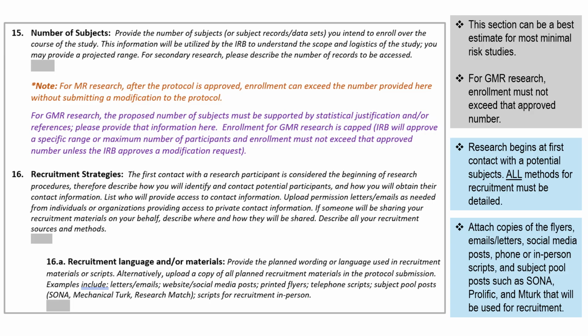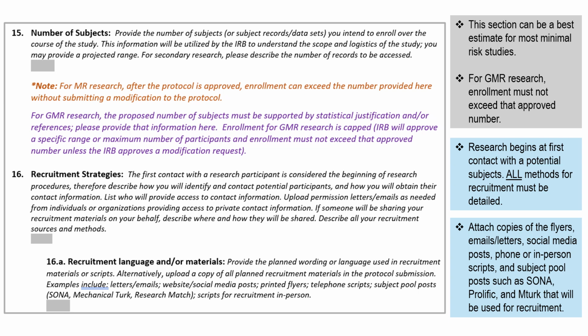The recruitment strategy should be described from first contact with a potential subject to the subject participating in the study procedures. This section should include all methods utilized to recruit subjects and how you will obtain their contact information if you are not planning to utilize publicly available information. For instance, if you have access to a listserv, or if you would like to recruit subjects from a course that you are teaching, a permission letter that allows use of these platforms for the purpose of research should be